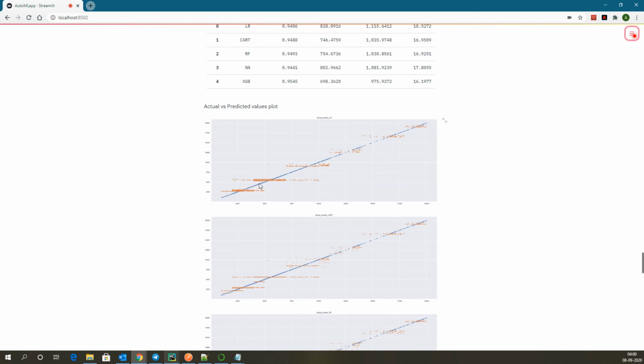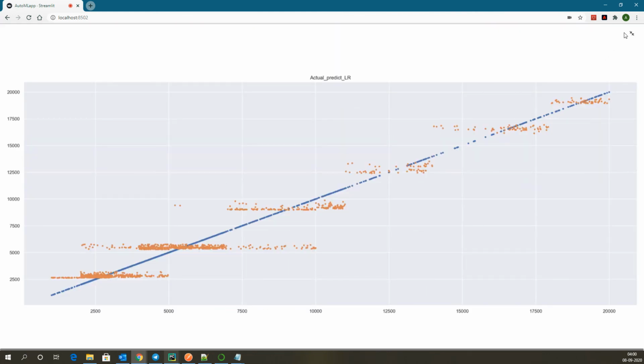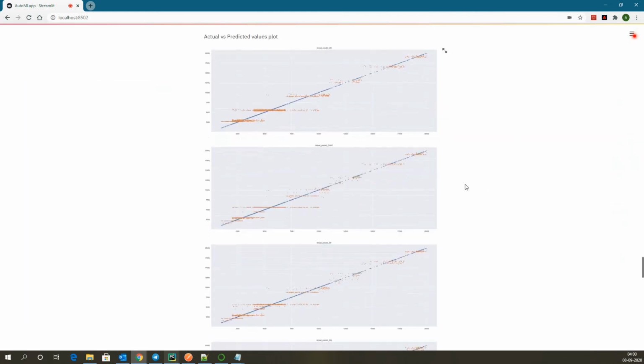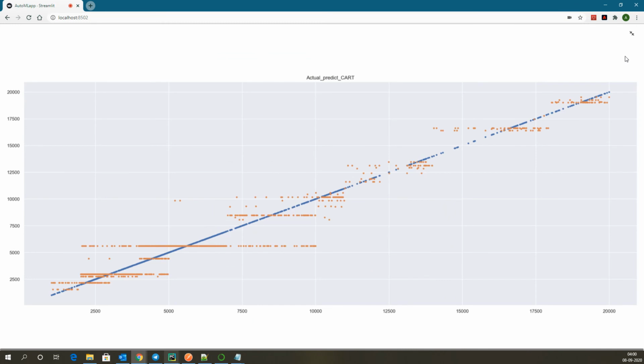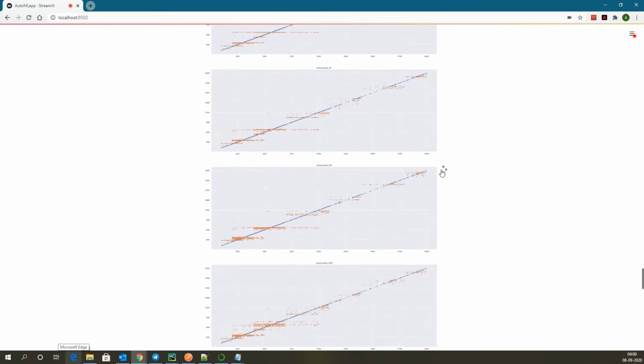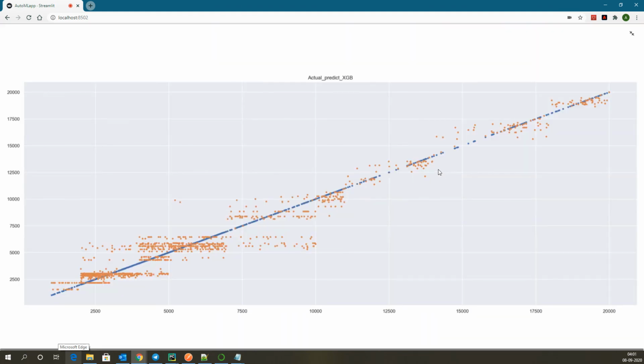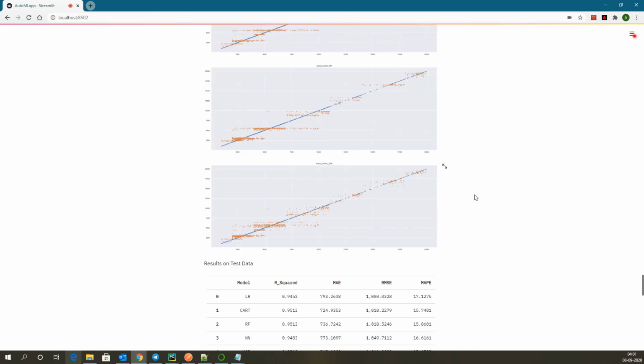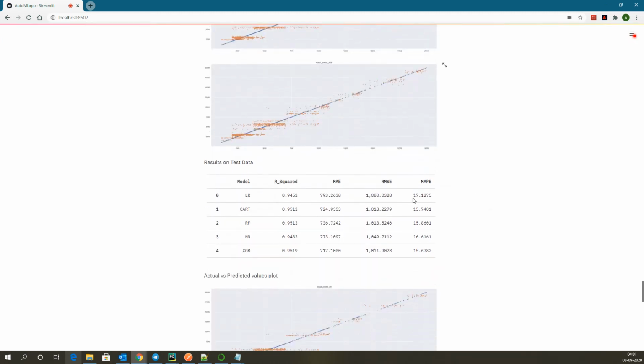The blue ones are the actual values, and the orange ones are the predicted values for each of the different models. This one is for linear regression, then this one is for CART, and so on. You see a very good prediction for XGBoost and so on.